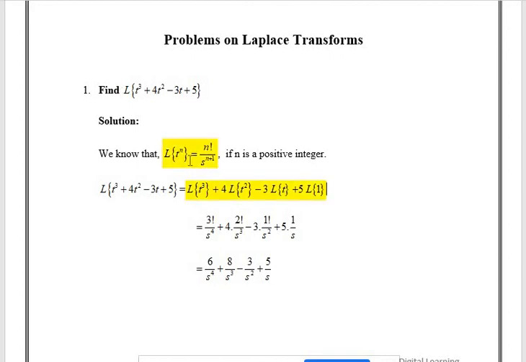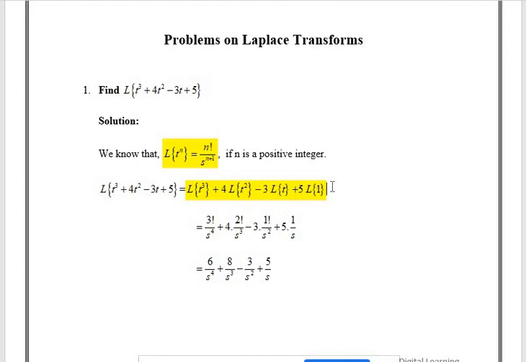We know that the Laplace transformation of t power of n is equal to n factorial by s to the power of n plus 1 if n is a positive integer. Then the Laplace transformation of t cube plus 4t square minus 3t plus 5 can be written as Laplace transformation of t cube plus 4 Laplace transformation of t square minus 3 Laplace transformation of t plus 5 Laplace